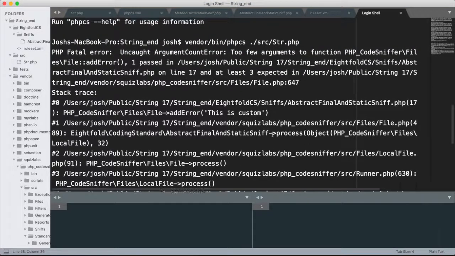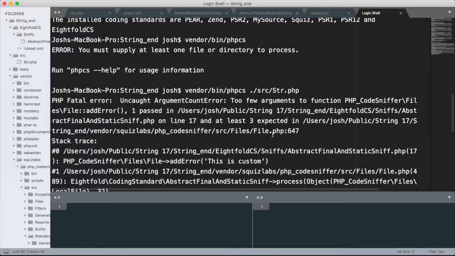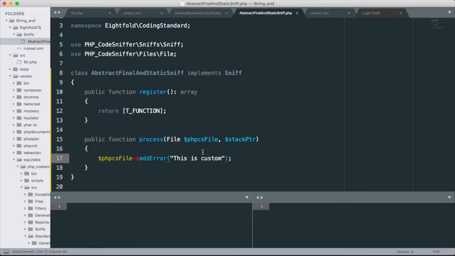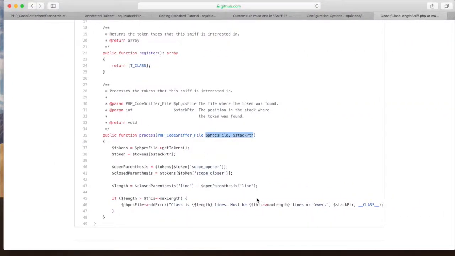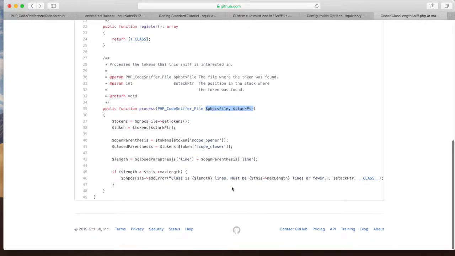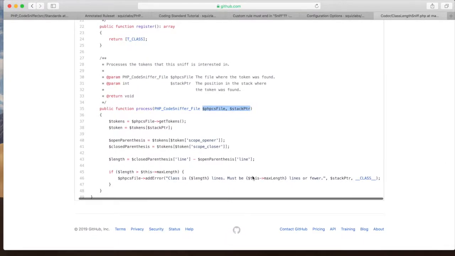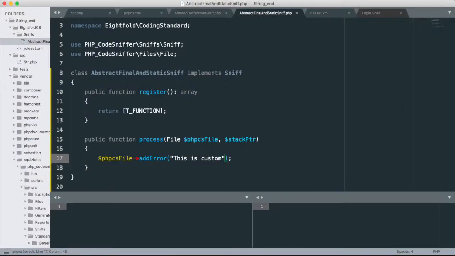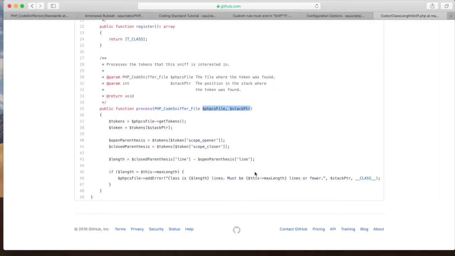Squiz. Uncaught argument count too few. Oh, right. So add error actually takes a fair amount of things. So we need the message, we need to pass in the stack pointer, and